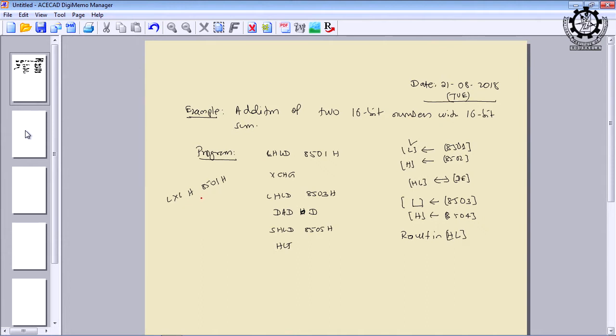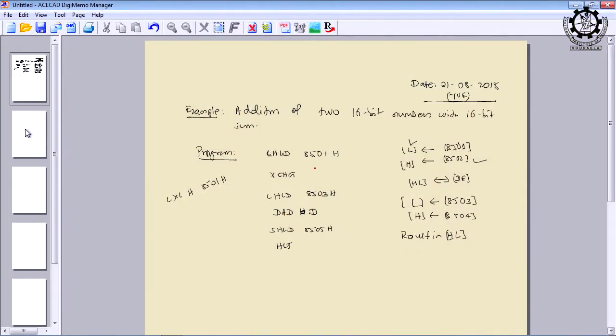But in LHLD, the content of 8501 is stored in L. Similarly, the content of 8502 will be stored in H. In other words, the address specified in the instruction refers to a memory location whose content will be loaded into the lower order register, that is L, and the higher order register will store the content of the next memory location, which is by default implied by the instruction. Okay. So 8501 in this example refers to two memory locations, one is 8501, another is 8502.